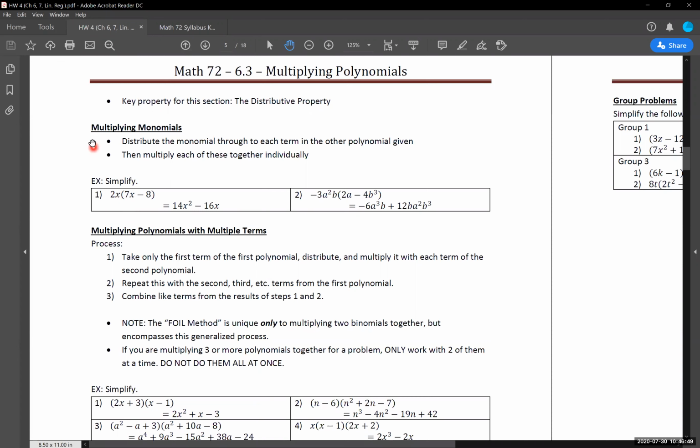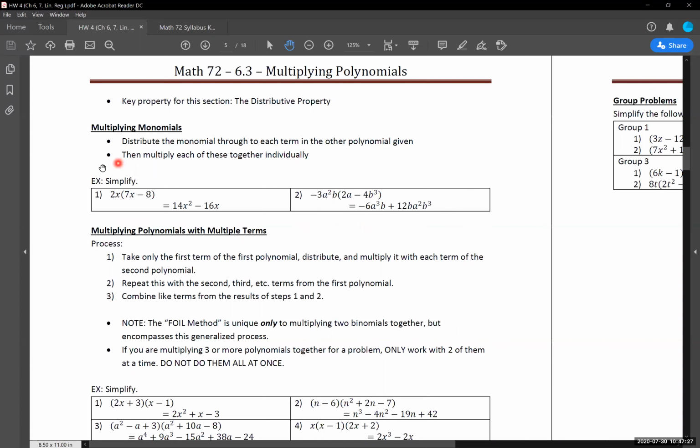So there's a little bit of wiggle room for how you want to go through distributing and multiplying things together and how you want to organize that for yourself. This process you absolutely must do, but how you write that out and keep track of it, you have some wiggle room on. That being said, I have seen a lot of people not keep their work organized and very quickly lose a lot of points on homeworks, tests, and on the final exam as well, if and when these types of problems show up.